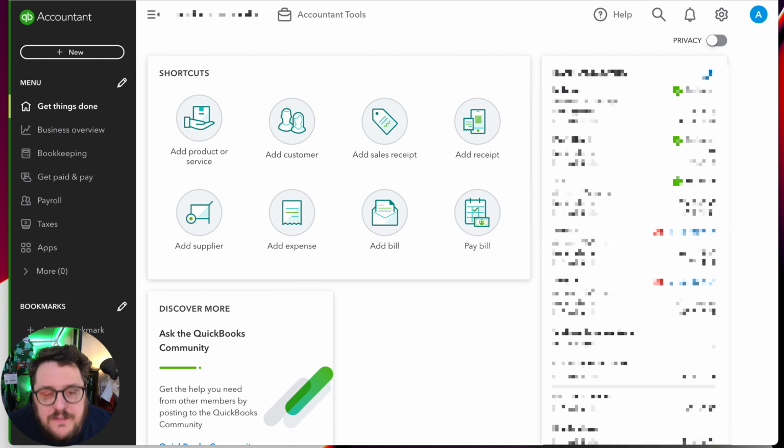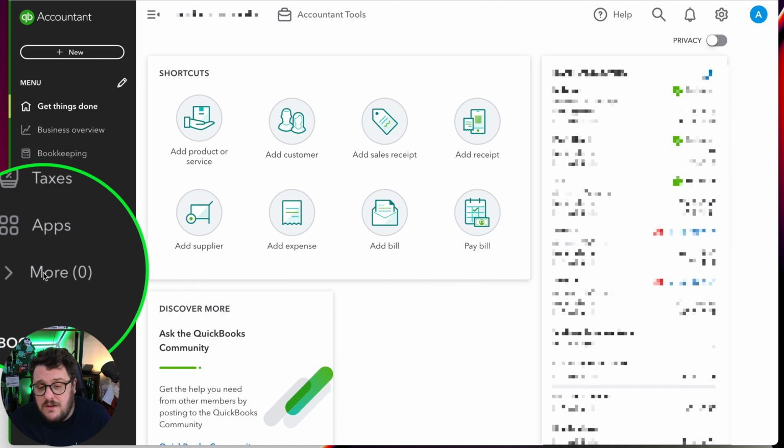Okay, so on the left-hand side, we have had a bit of a change. You may have noticed on some of your clients or on your version of QuickBooks Online that this side of the navigation had a bit of a makeover. Now, why did it have a makeover? Well, the idea was really straightforward. It was designed to make sure that your client or you using QuickBooks had the most important parts of it